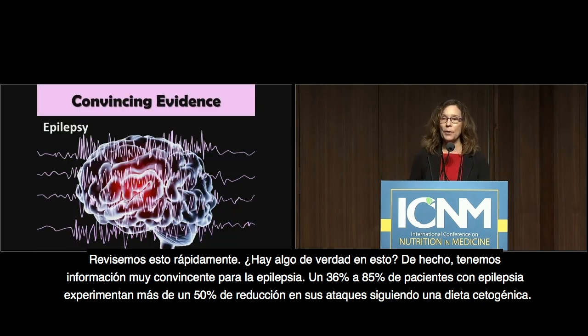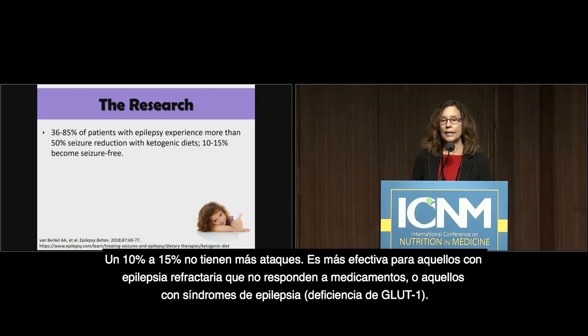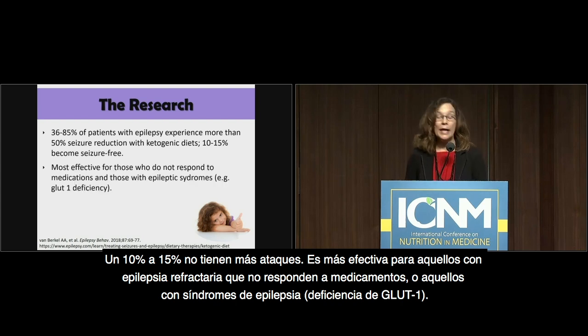Well, we actually have pretty convincing evidence for epilepsy. And so the research suggests that about 36 to 85% of patients with epilepsy experience more than 50% seizure reduction with ketogenic diets, and 10 to 15% of patients actually become seizure-free. It's most effective for those with refractory epilepsy that don't respond to medications, or those with epileptic syndromes like GLUT1